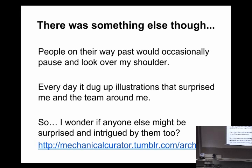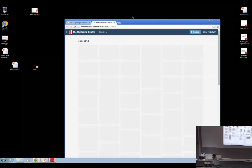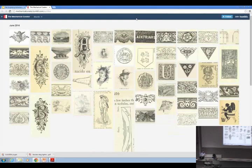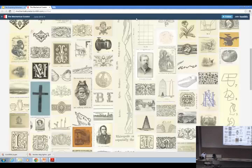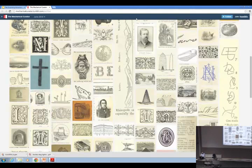And so we decided to put it on a Tumblr blog. There's a little bit more mechanical curatoriness behind it, but this is the beginnings of the Mechanical Curator. It digs through the Microsoft image collection, which we had digitized a while ago, which is 47,000 works, 65,000 volumes, 22 million pages, of which about 1.2 million have images on them. And it tries to pluck out images,